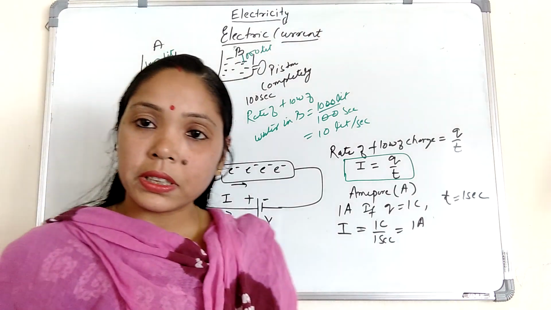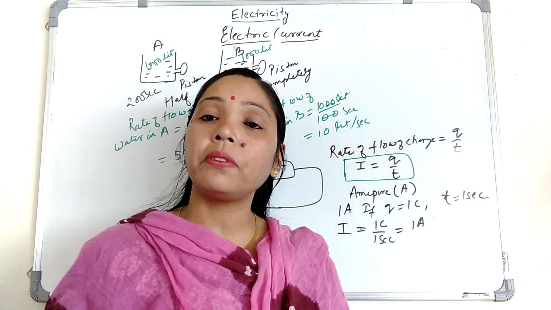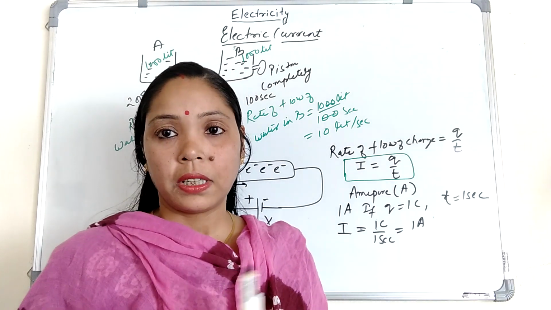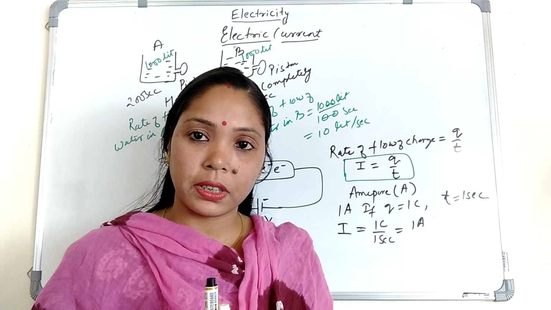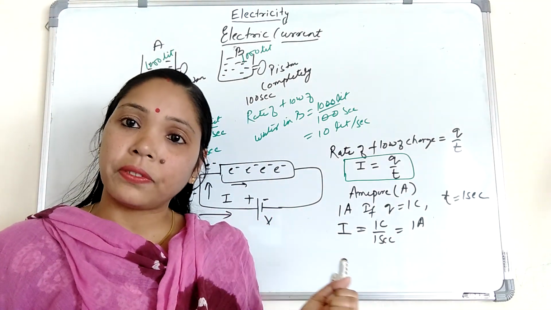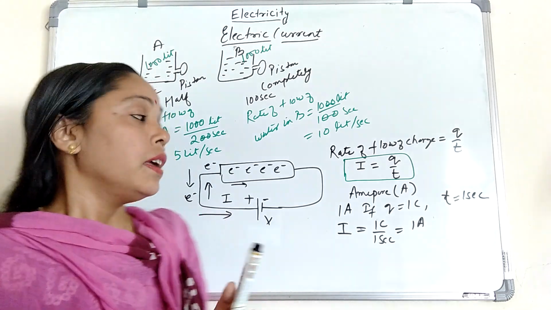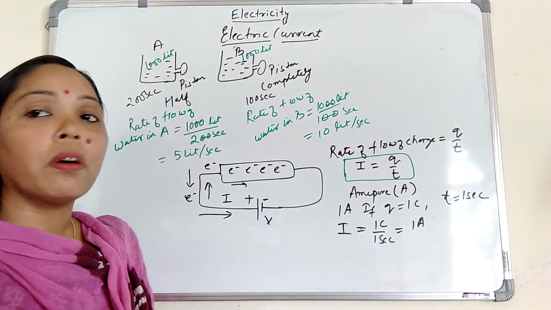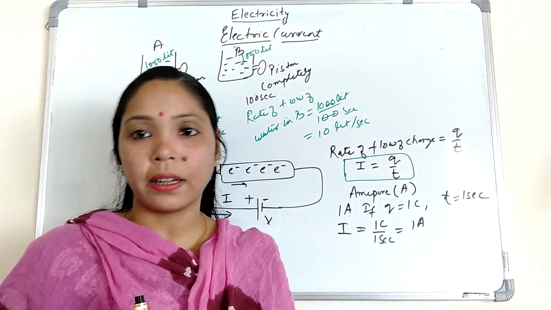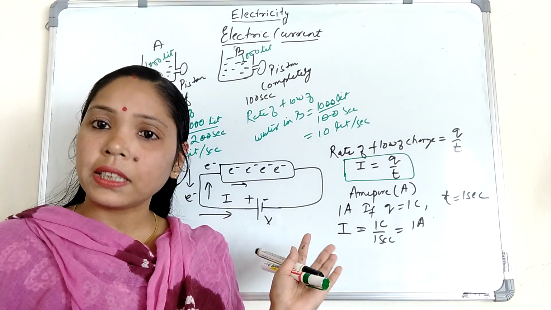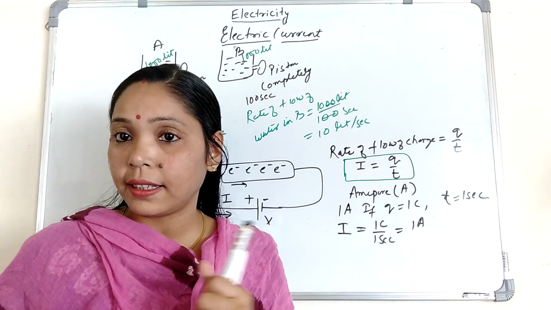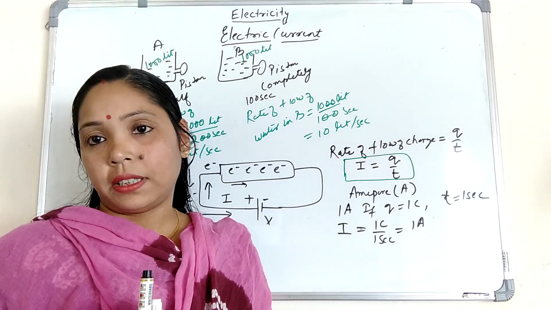Now about vector quantity or scalar quantity. We know that vector quantities are the quantities which have both direction and magnitude. Scalar quantities only have magnitude. So, what will the current be? Is it a vector or scalar? If you see, the current always flows opposite to the electron, and this is called the conventional direction of current. So, from this we see it has direction, but current is not considered a vector quantity